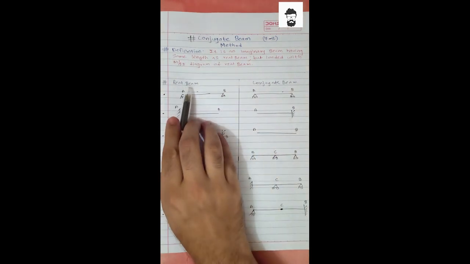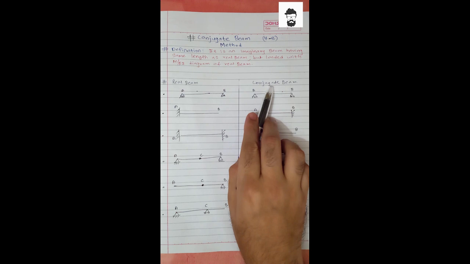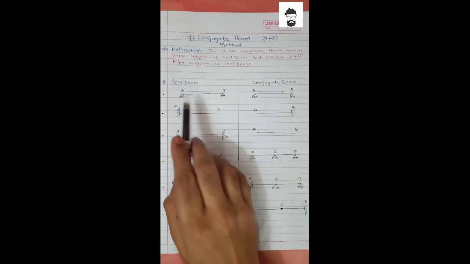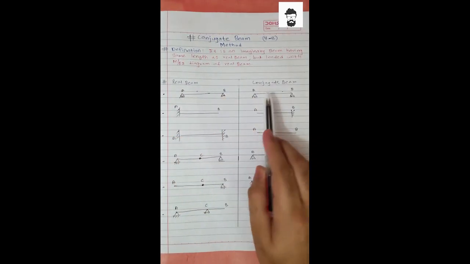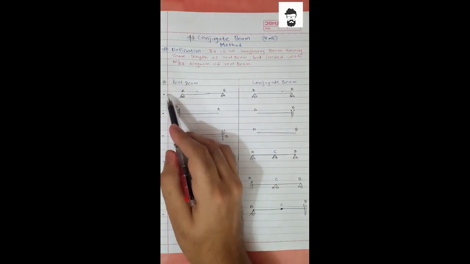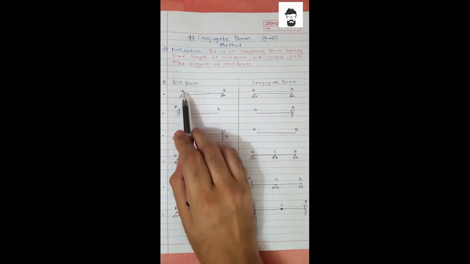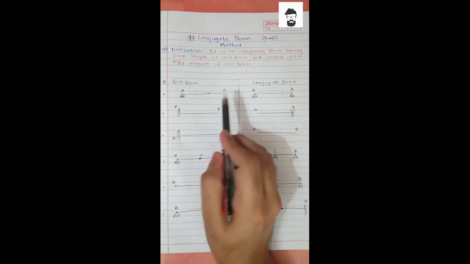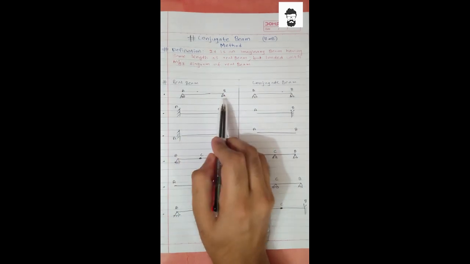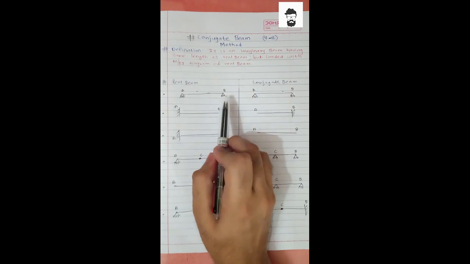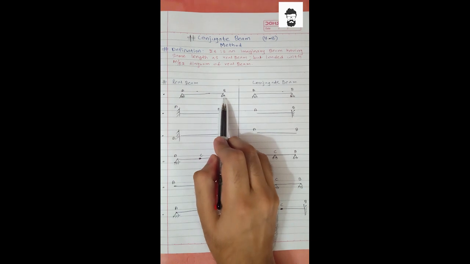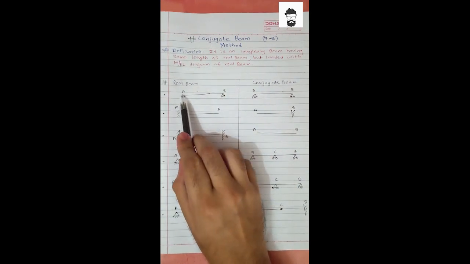Now secondly, the second part of this video is how to convert a real beam into conjugate beam. Just remember, whenever we convert a real beam into conjugate beam, we should always start with extreme ends. Now let us take example number 1. Here at end A, hinge support is there, at end B, roller support is there. Always remember, hinge support and roller supports are never to be changed if they are at extreme ends.